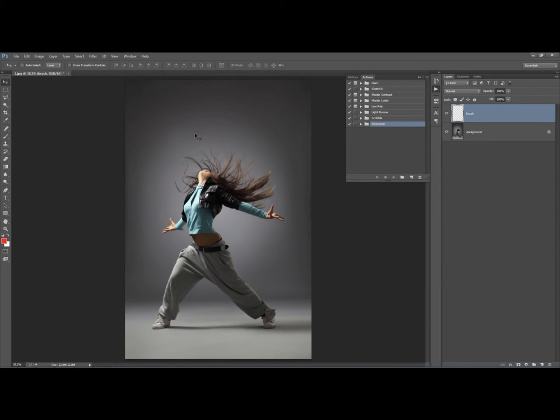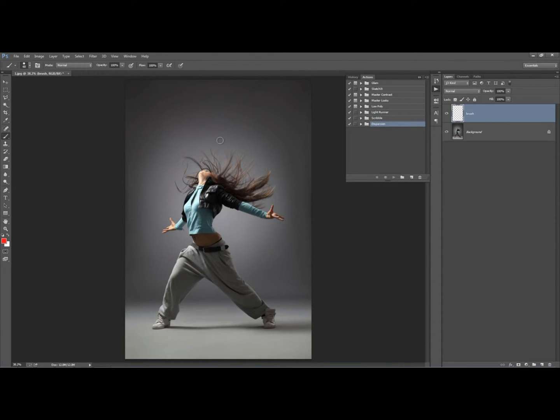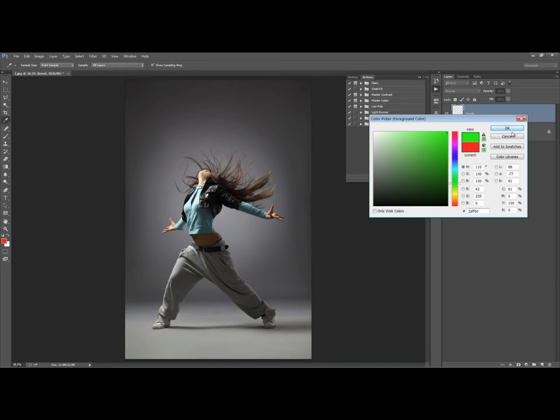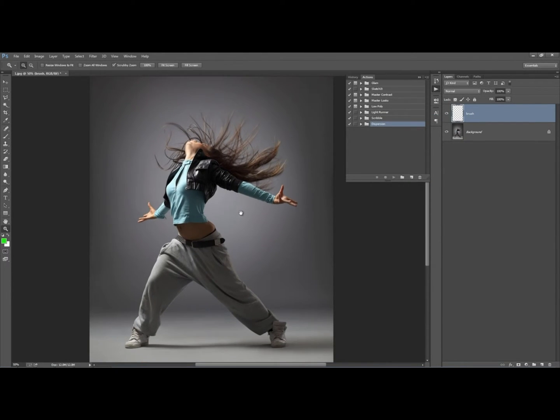Next, we want to grab a brush. So if I just hit B on the keyboard and right click, I'll select a hard brush here, and I can use the square brackets to adjust the size of the brush up and down. You can select any color you want, so let's just go with green, and with the brush layer selected, you can start brushing in where you want